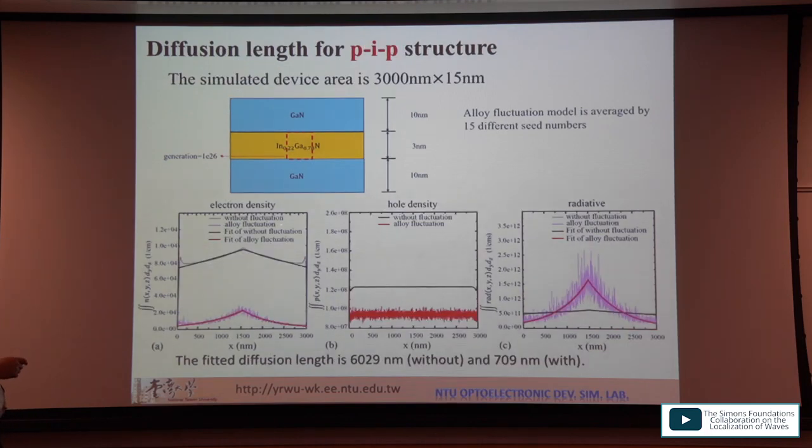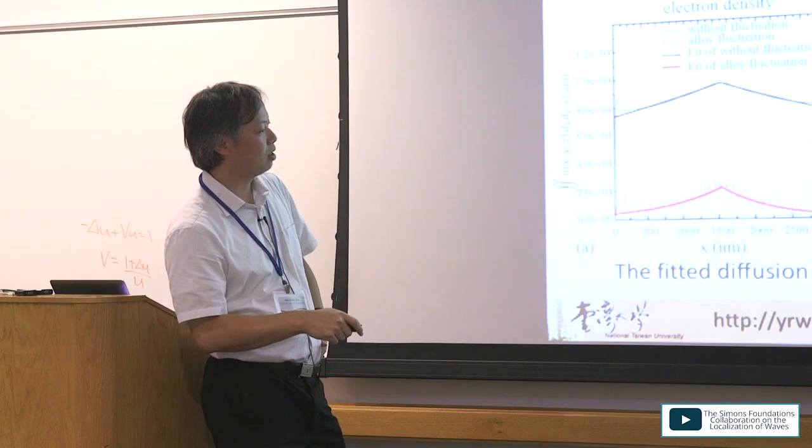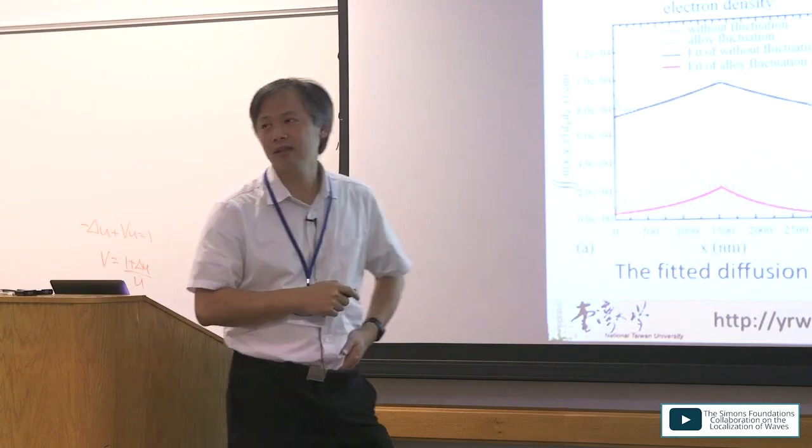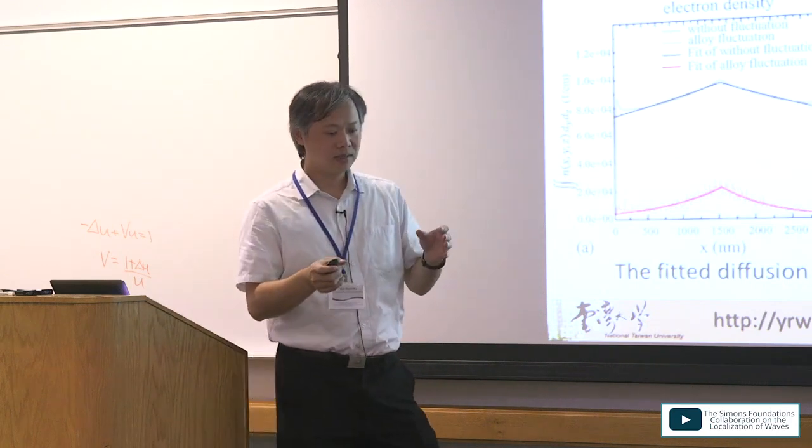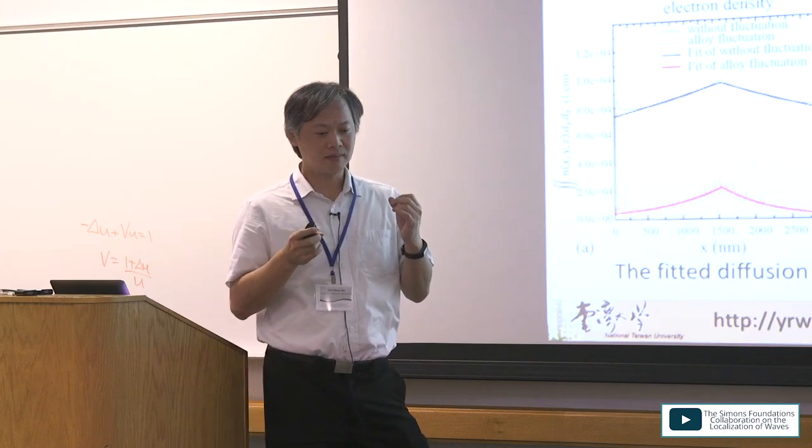If we put a PIP, then it's a diffusion of electrons. If you don't consider fluctuation, your carrier diffusion length is 6,000, just 6 microns. It's quite long. But if you consider fluctuation, it's limited to 700 nanometers. So that means what? That means this number maybe